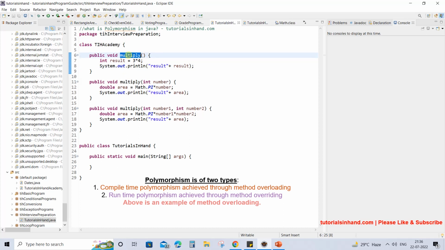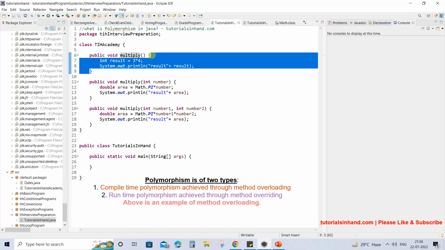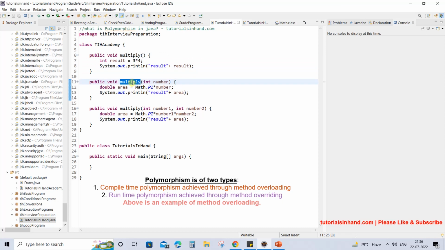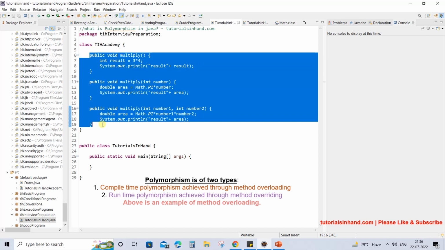So polymorphism is something like this, where you will have one name, that is the name is the same, but the functionality that method has differs based on the number of parameters that it is getting and based on the logic that is provided to that method to calculate and return certain results. So this is what is termed as polymorphism, and the one that we saw is actually method overloading.